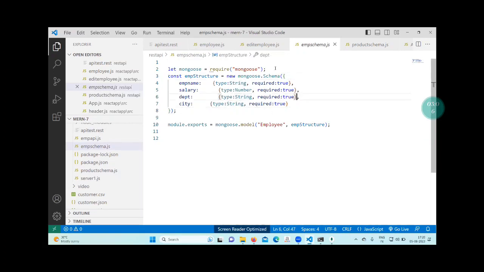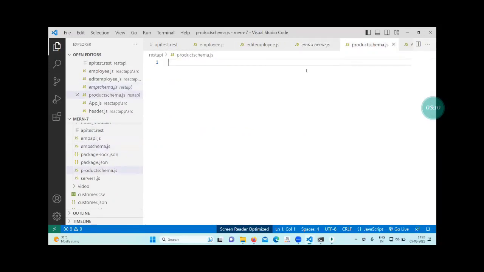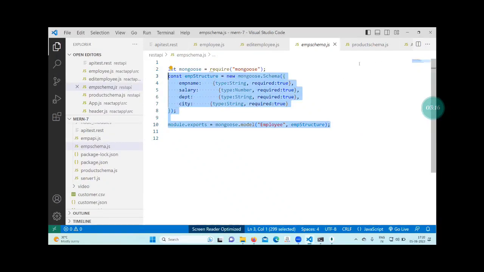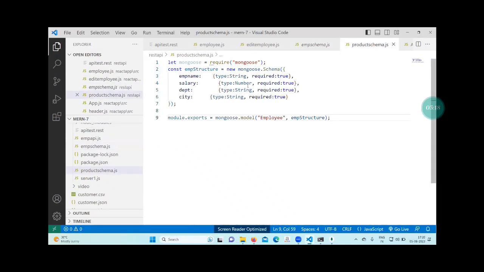We can add the number of columns more. So Mongo's we need to all there. After that, similar structure, but the number of fields will be different. So we can take a copy of emp schema, and we can write here a call product structure. Inside that, name will come, price we can add, QTY we can add, details we can add,